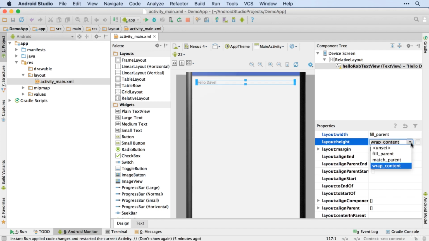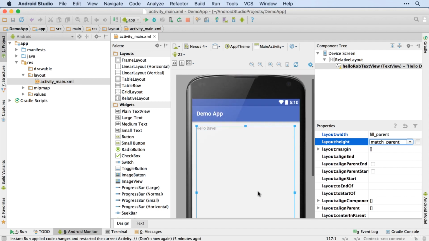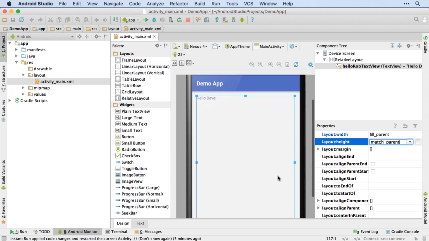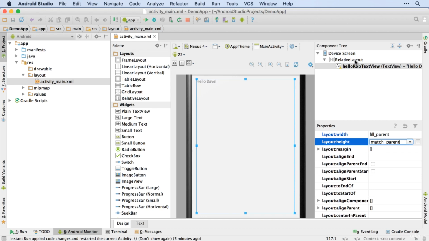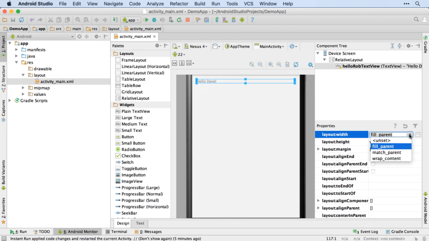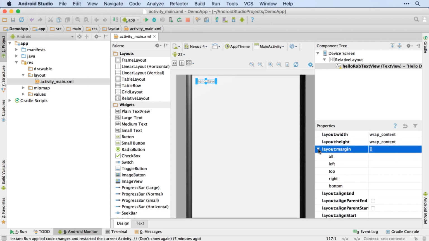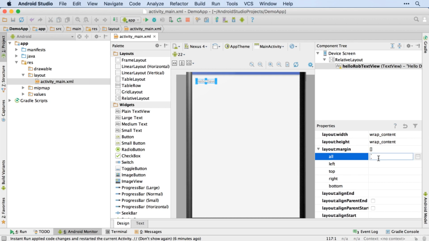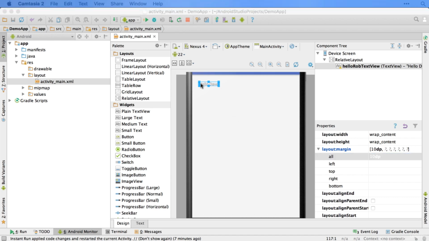Same with the height. I can use fill parent or match parent. In this case, they're the same thing because there are no other elements in the relative layout, which is the parent for our text view. So now I've got a very big text view. As you can see, that's the same, but I'll go back to wrap content, which is usually what you're going to want for a text view. We can add in margins if we want. So for example, I could add a margin of 10 dps,